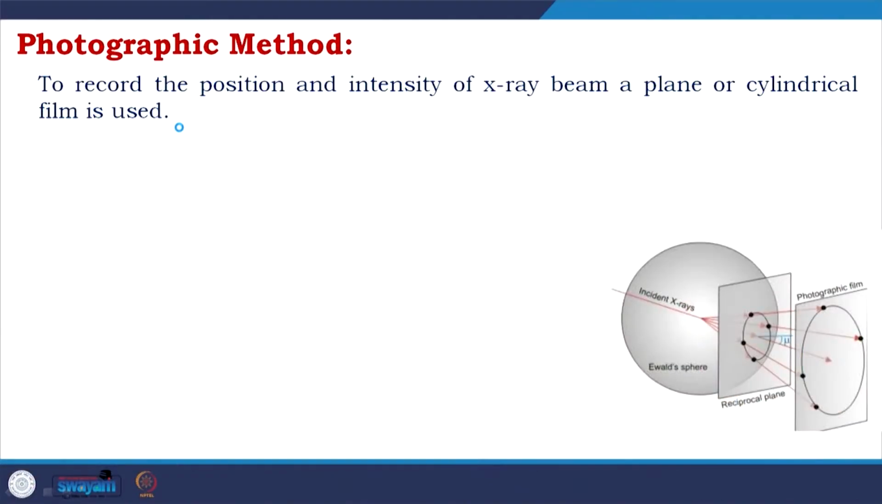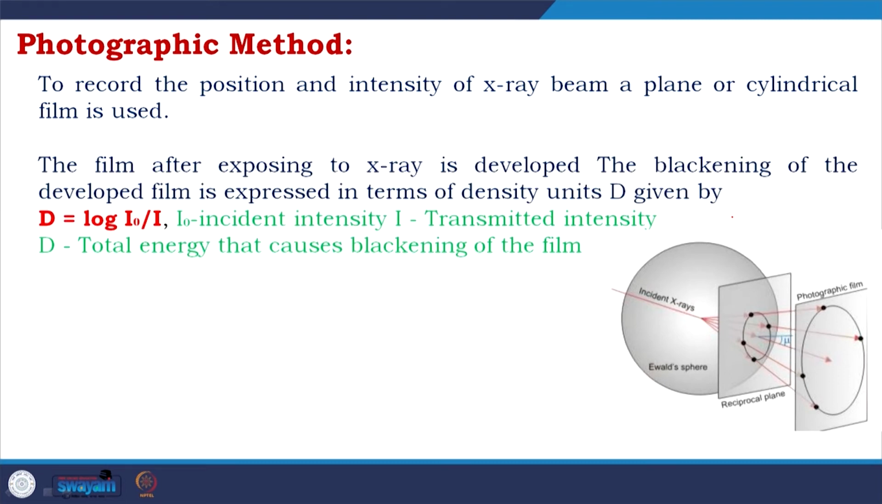Photographic method: you could see the incident rays coming, and under the Ewald sphere, which we are going to discuss later in the next class, there is a reciprocal plane and a photographic film is kept there. So, to record the position and intensity of the X-ray beam, a plane or cylindrical film is used. The film, after exposing to X-ray, is developed. The blackening of the developed film is expressed in terms of density, where D equals log I0 by I. I0 is the incident intensity, I is the transmitted intensity, and D is the total energy that causes blackening of